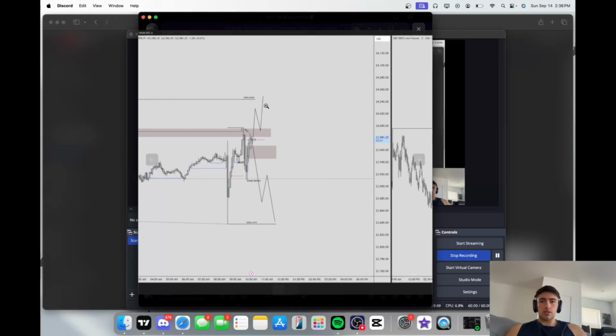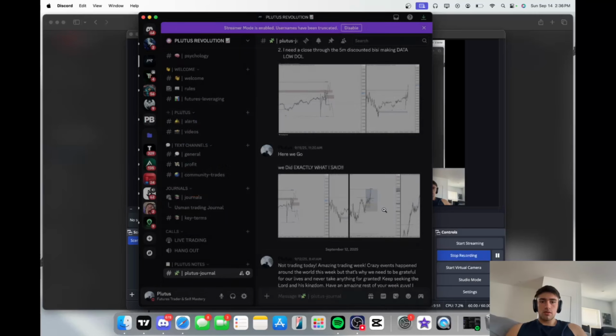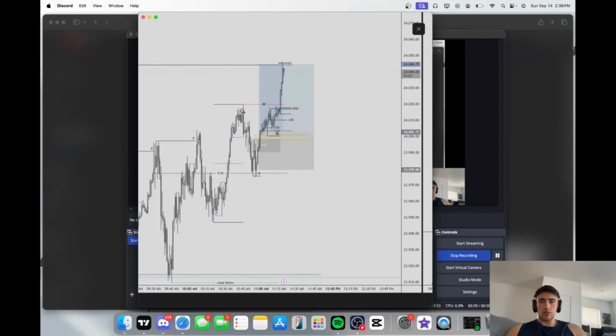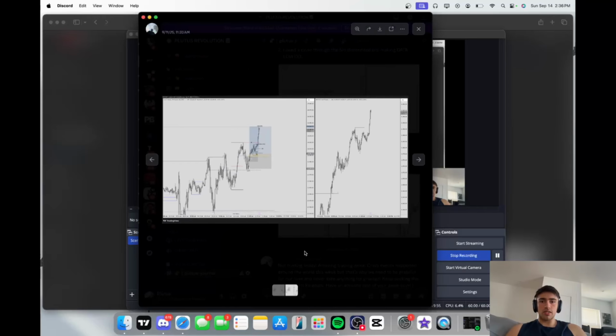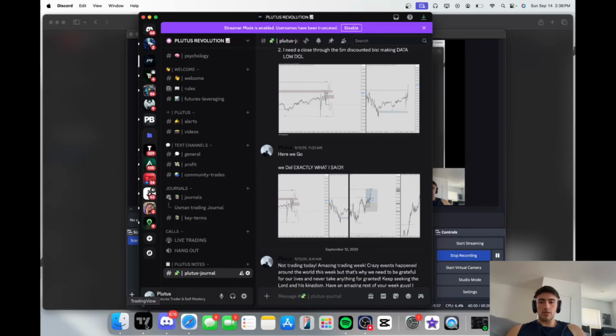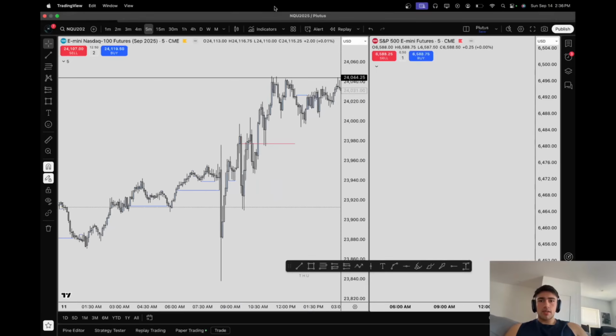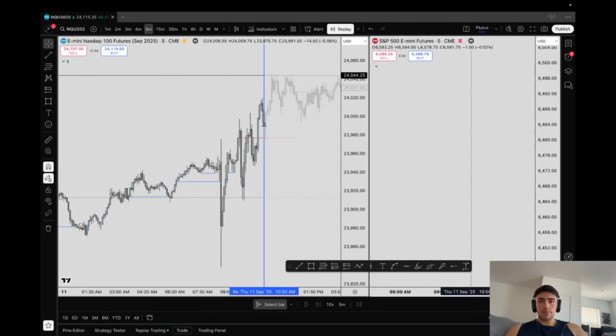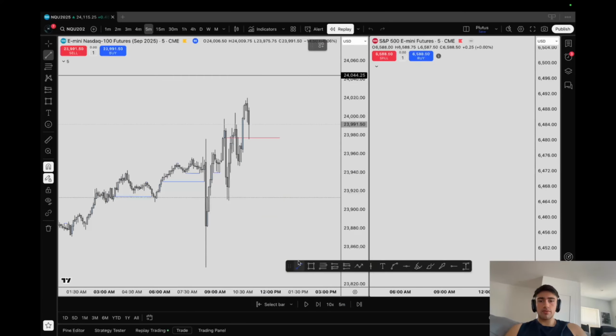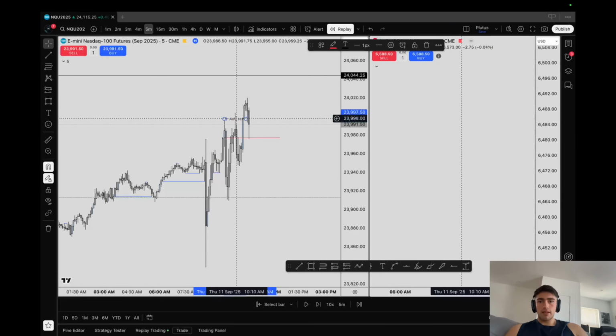I want to see close above. Price displaced, closed above, and then retest, right? So we should go back to this example. Price comes back again. I wanted to close above. Where's the close above on the 5-minute? So we go here, boom. This is a clean close.